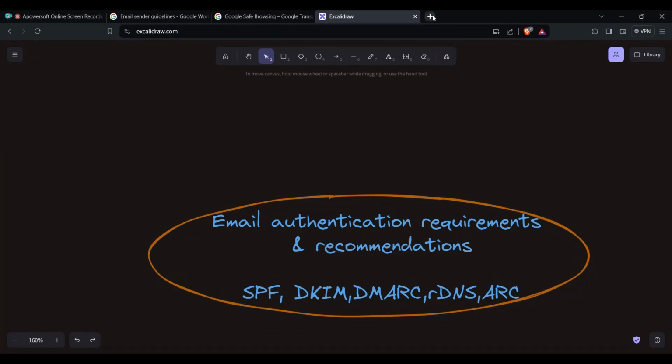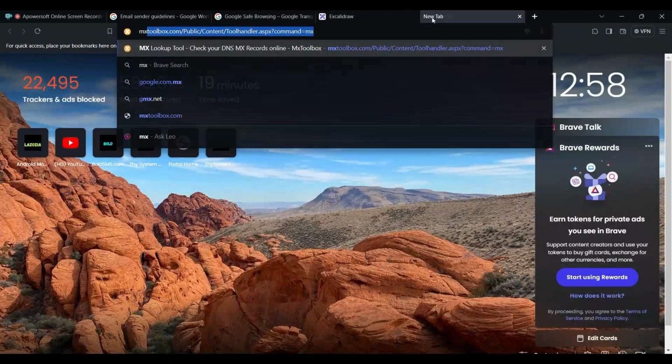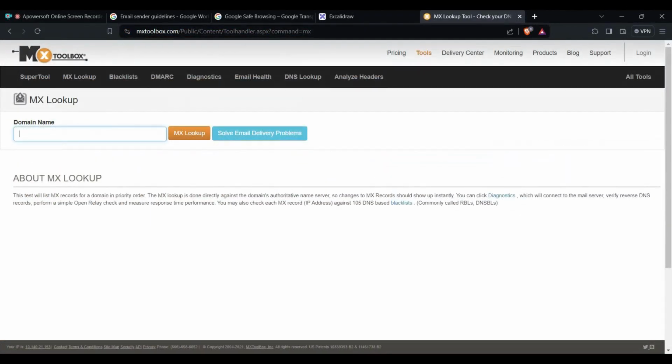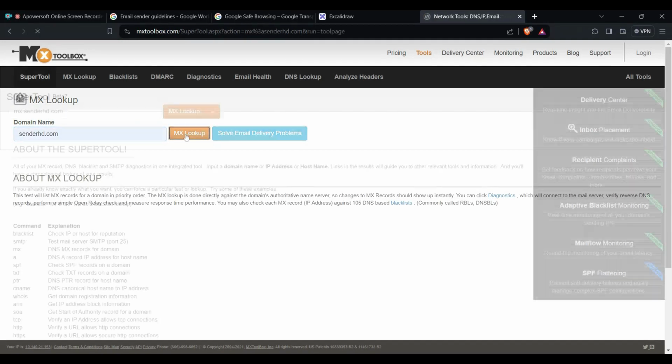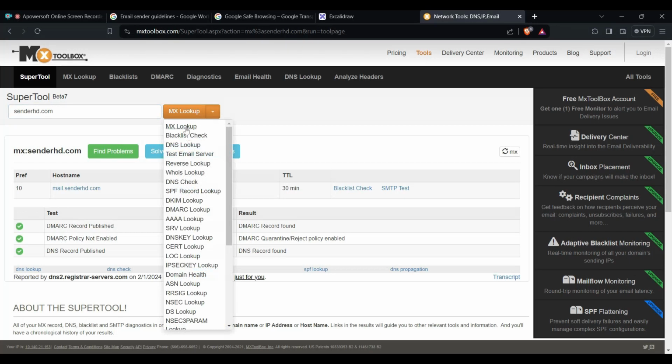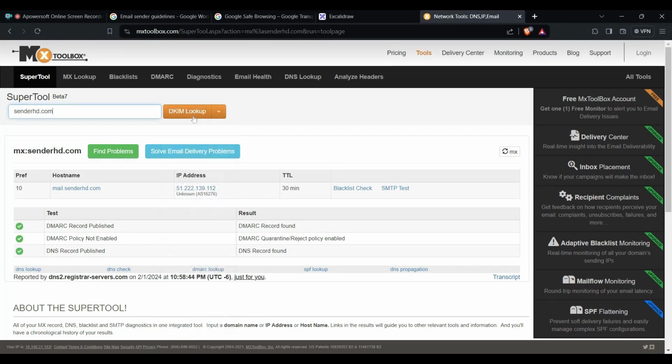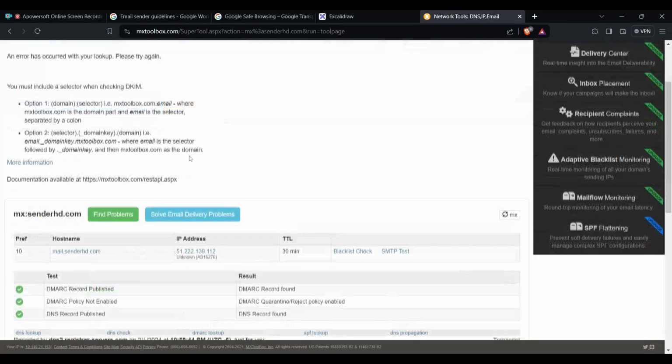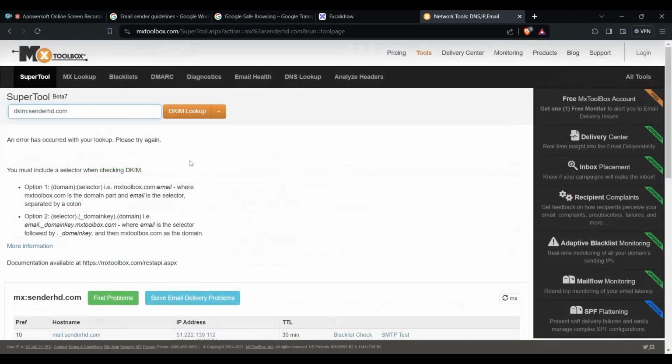The easiest way to check this one, you come to a platform like MX Toolbox. And then, for instance, you can have your domain here. You check if all the records are there. You can see that. And also you can check all the other records, MX, DNS, SPF, DMARC. All of them, you check if your sender has a DKIM. If it's not, you can always reach out to us and we'll help you set this up. The second one,